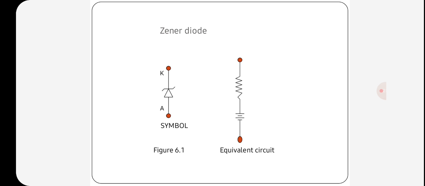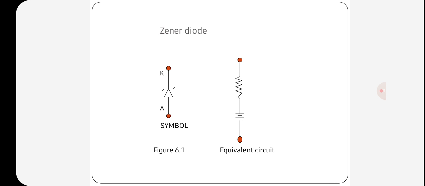Zener diodes act like normal PN junction diodes under forward biased condition. When forward biased voltage is applied to the Zener diode, it allows a large amount of electric current and blocks only a small amount of electric current. A Zener diode is heavily doped compared to the normal PN junction diode, hence it has a very thin depletion region. Therefore, Zener diodes allow more electric current than the normal PN junction diodes.